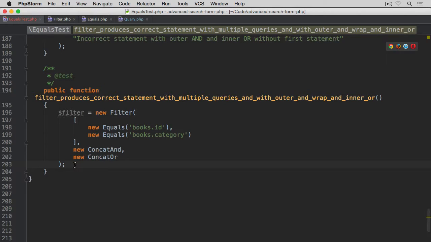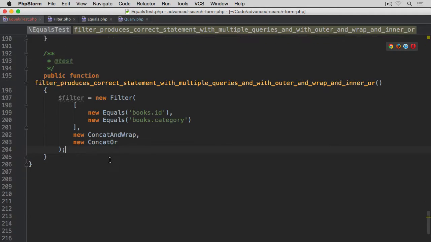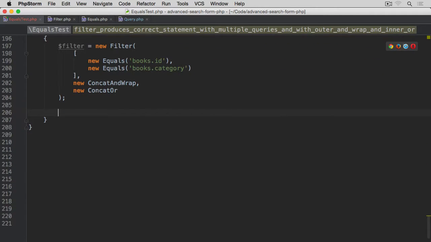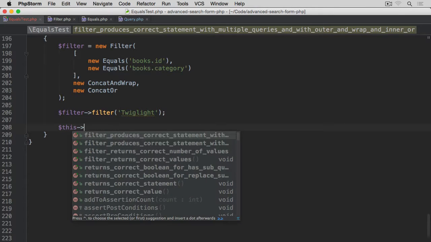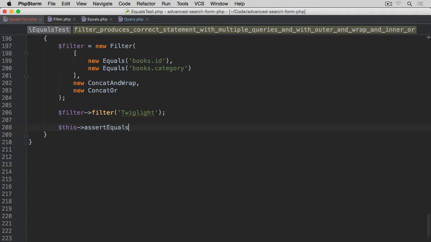So we have this filter, but this time rather than concat and, we're going to have concat and wrap. And let's import this class as well. Again, we don't need brackets for this one, and we're using concat or for the inner. And now we're going to start filter methods, and we're going to pass the string this time, twilight, for instance. And then we're going to go for the first assertion, this assert equals, and we should get in between the brackets, we should get this time